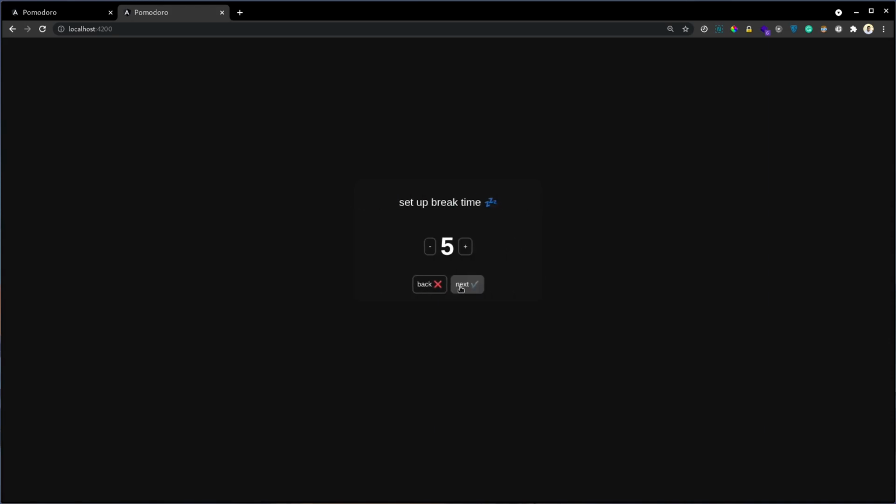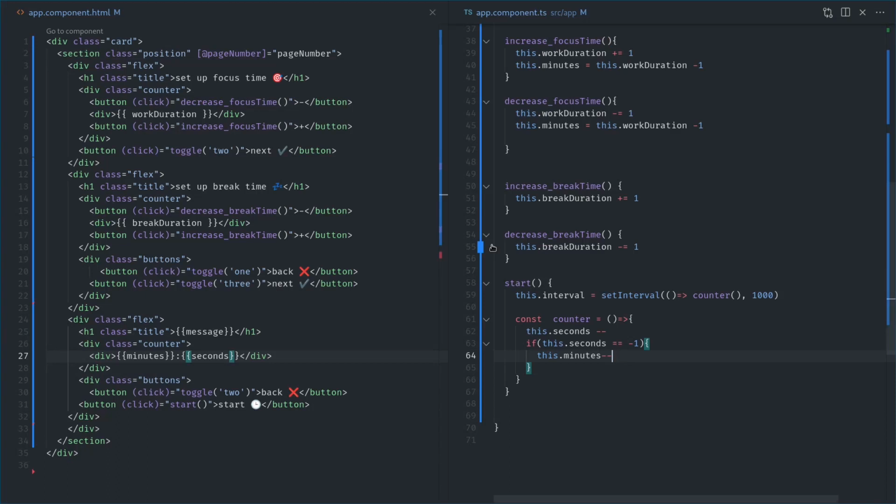If I click on next, click on start, it's going down. Each second our function decreases our seconds by 1 digit, and whenever it reaches 0, it won't go to -1, -2, -3. It will again restart. I'm gonna write the logic for that, but before that this one will decrease as well if it gets to 0. Go to the text editor